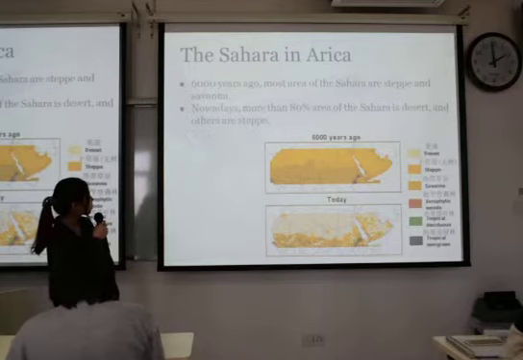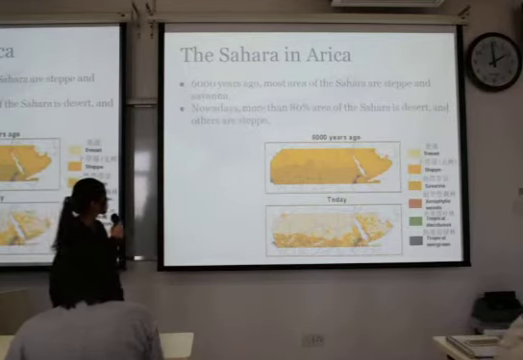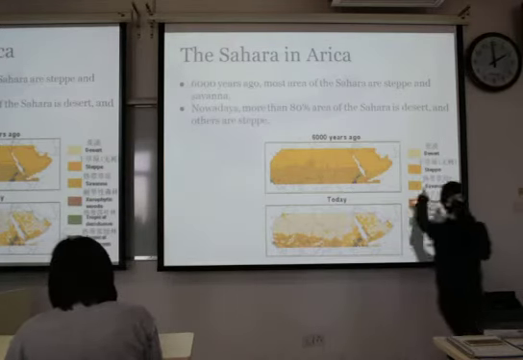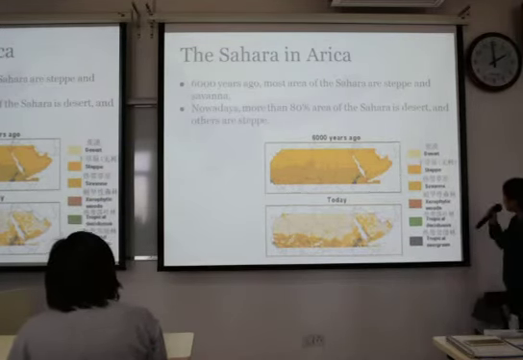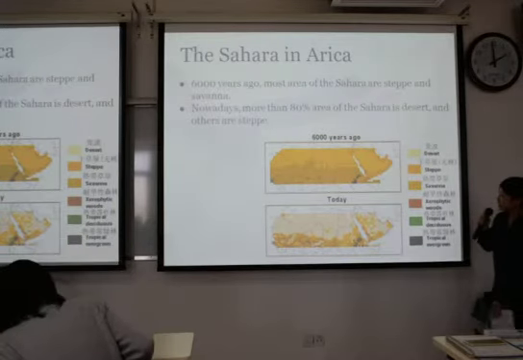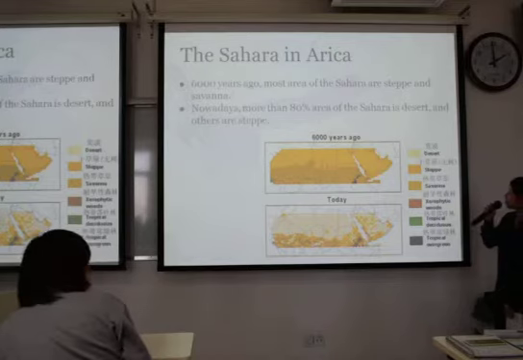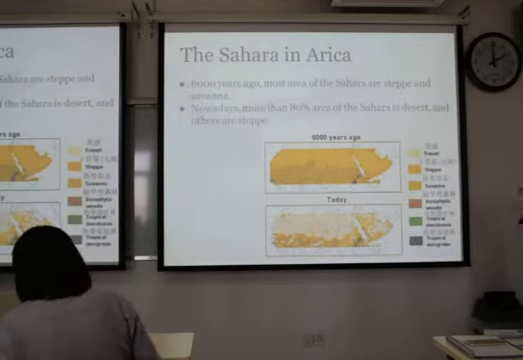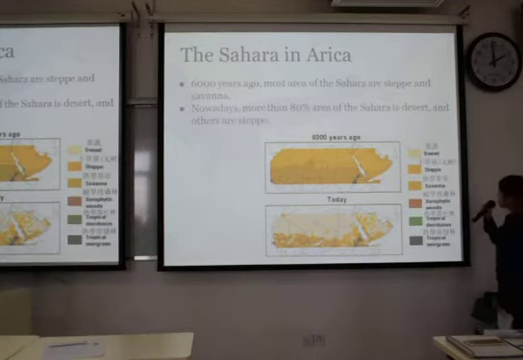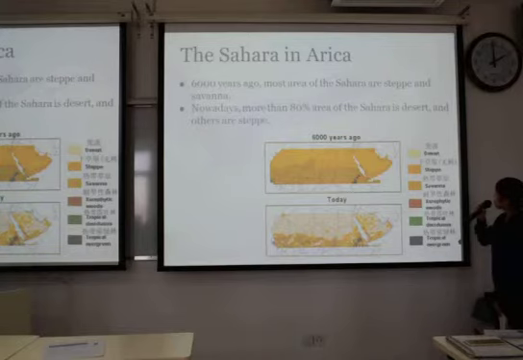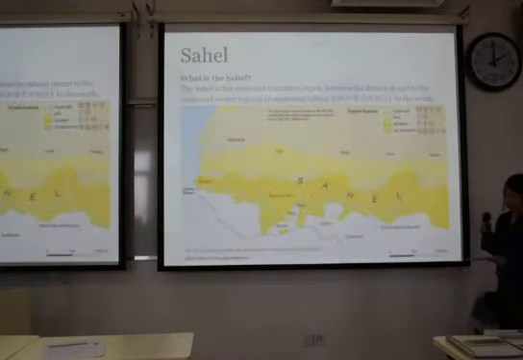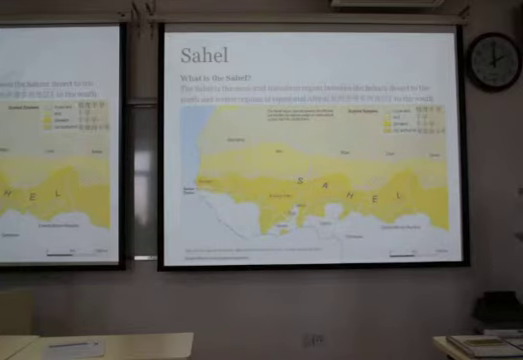6,000 years ago, most area of Sahara are steppe and savanna. Steppe is 热带草原 and savanna is 耐旱性森林. And nowadays, more than 80% area of the Sahara is desert and others are steppe. 就是现在是大部分是荒漠和一些干草原。What is Sahel? The Sahel is the semi-arid transition region between the Sahara Desert to the north and the weather